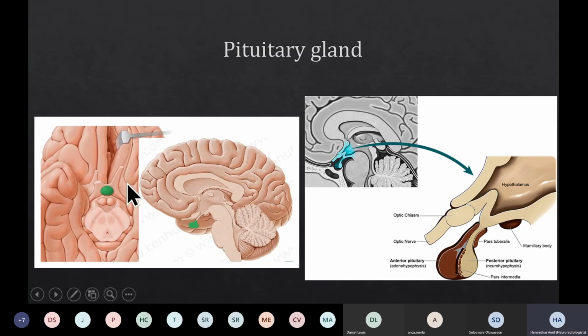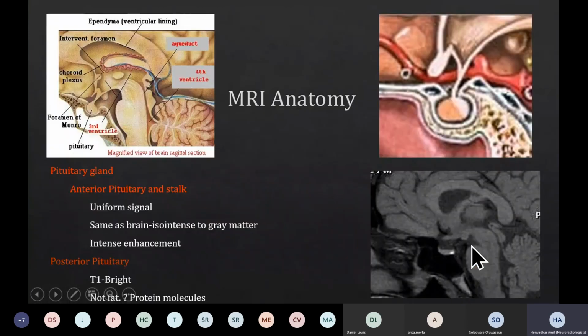Okay, so now this bone and the sinus, what do they house? It houses the pituitary gland, which is really perhaps one of the most important endocrine glands, located within the sella itself, within the cavity. And we're going to look in a bit more detail at the anatomy now of this pituitary gland. So we have moved on from the bony structures which house the gland to the gland itself. Okay, we know very well that the gland has an anterior lobe and a posterior lobe, and it's got an